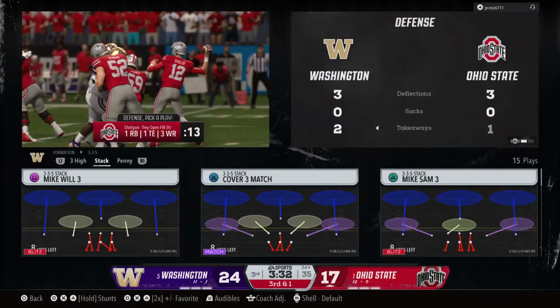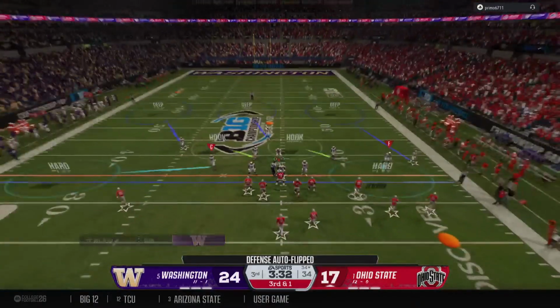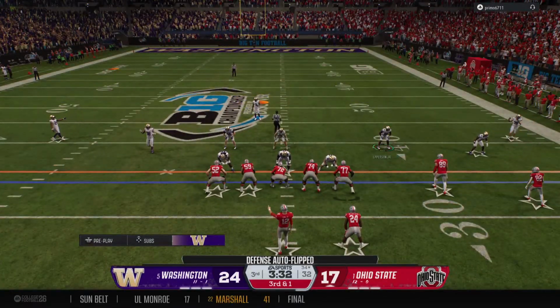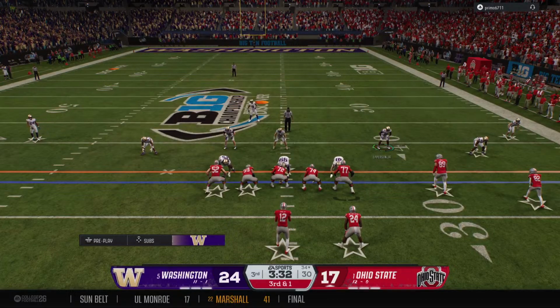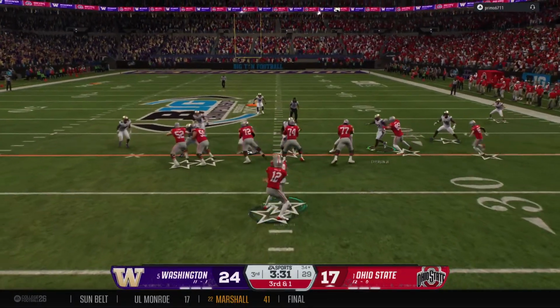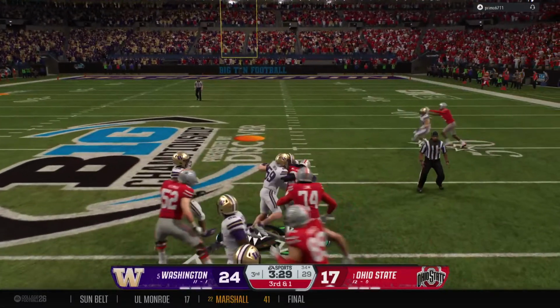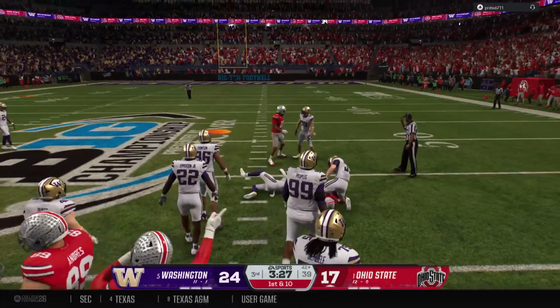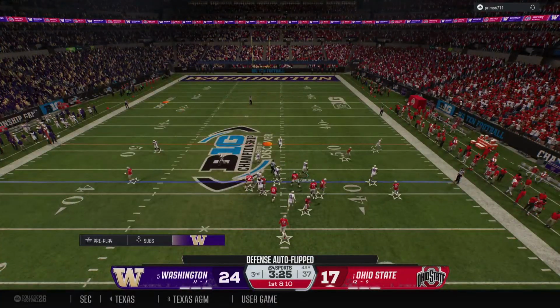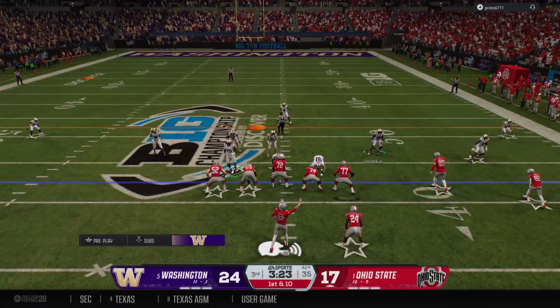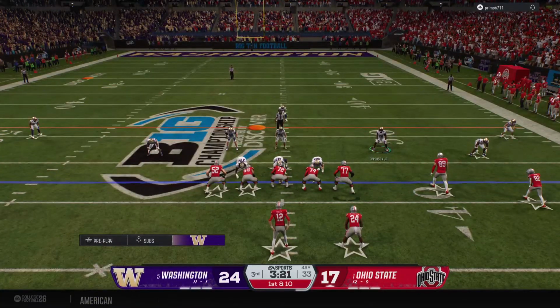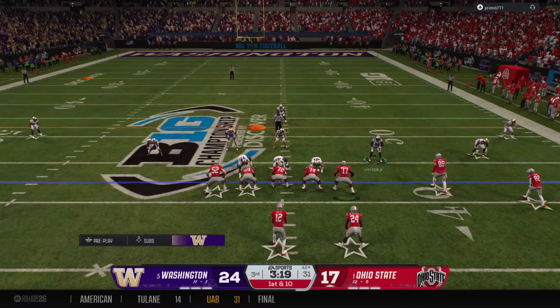They got to get this cleaned up before the next time they go through the air. After the incompletion, they'll come to the line with 3rd and 1. Try and muscle for the first down. Brought down, but it's past the line to gain. This offense is rolling at the moment. It's 1st down and 10. Yeah, that shows you the trust they have in their offensive line in this running game.